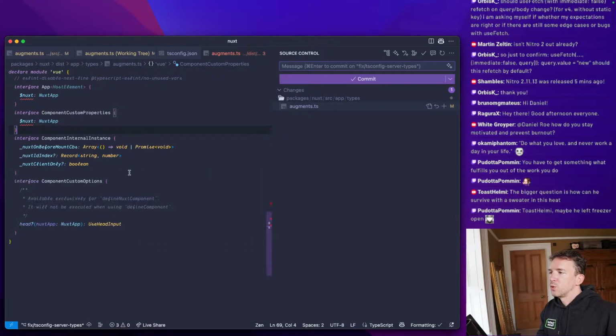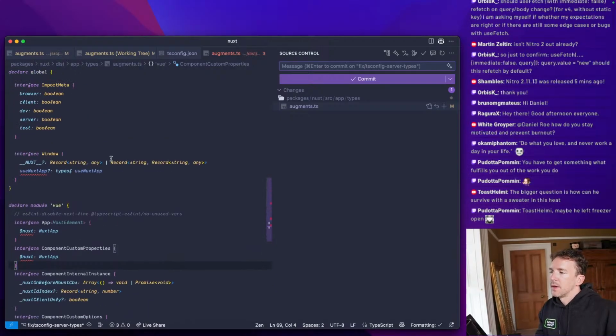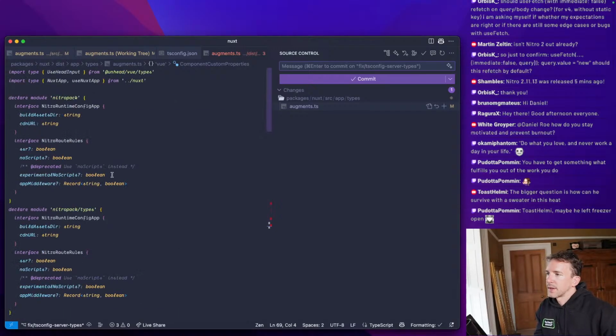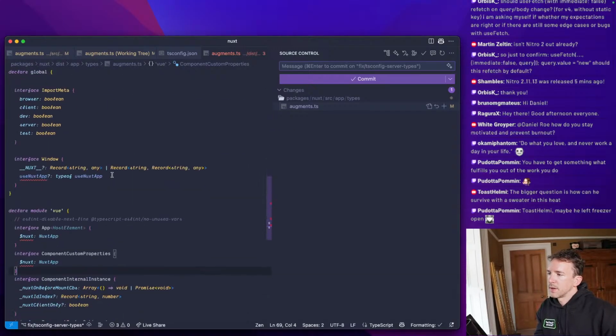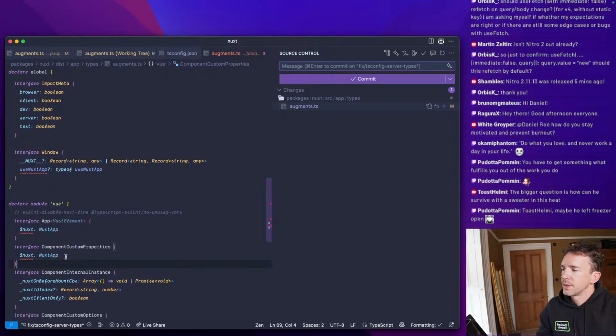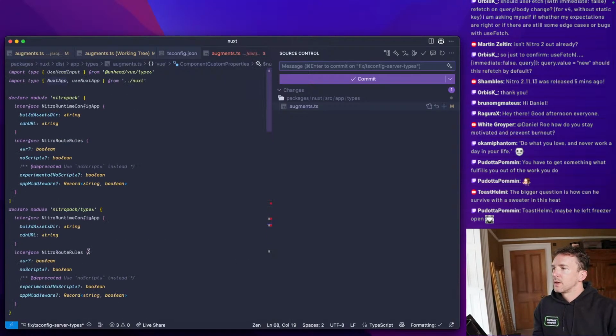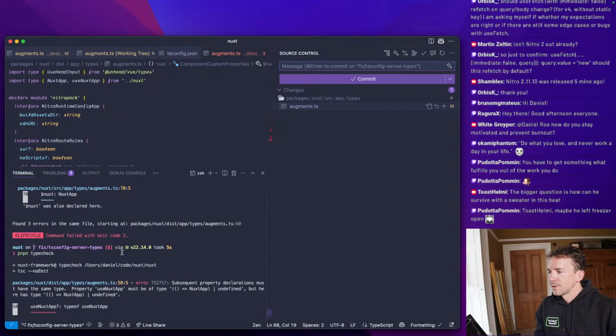The issue is that we have 2 copies of the augments file. And so it's pulling in, it's augmenting this, but TypeScript doesn't realize it's the same thing. And so it's saying that it's not quite right. So somehow we need to